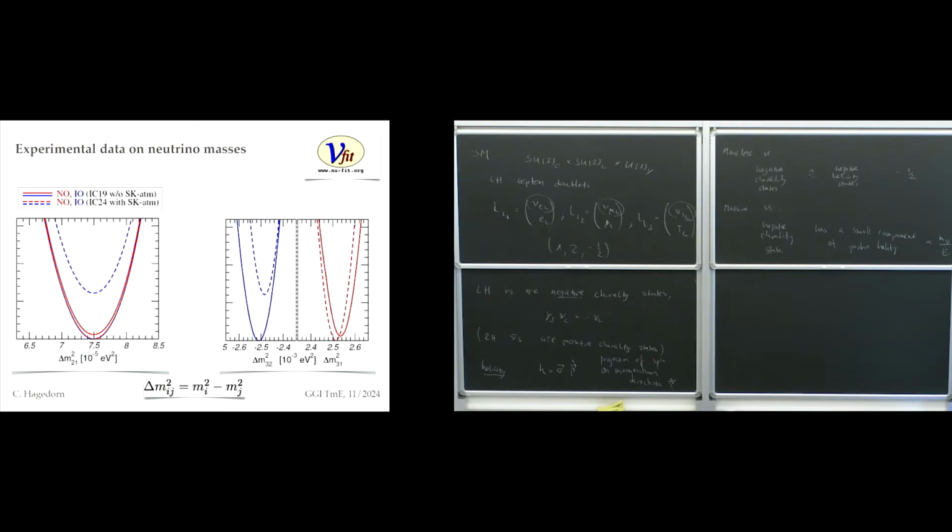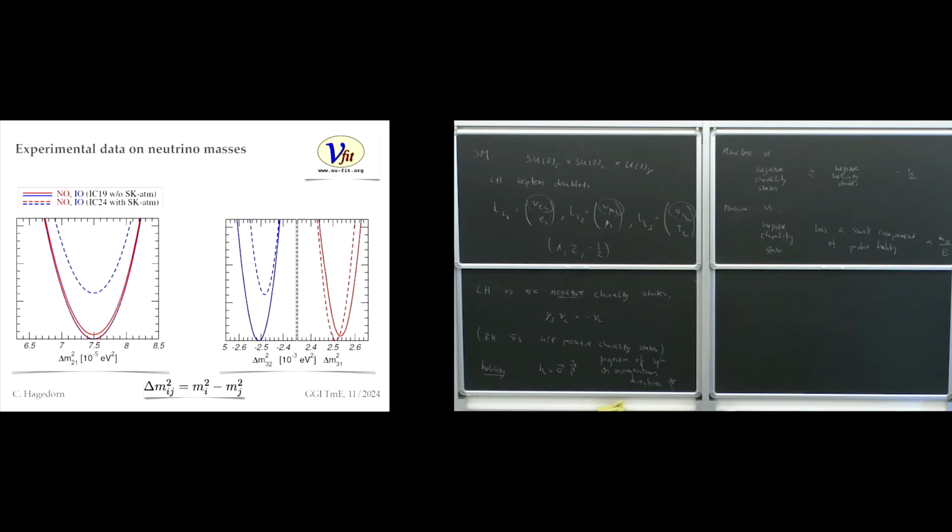So what you see here actually is data from what is called the NuFit collaboration. They do global analysis of data, which mainly comes from neutrino oscillation experiments. So what is measured in neutrino oscillation experiments, for those who have not yet seen that, are mass square differences. We will come to this in a moment, why actually in neutrino oscillations we only measure mass square differences. But now for the moment I would like you to look at the numbers only.